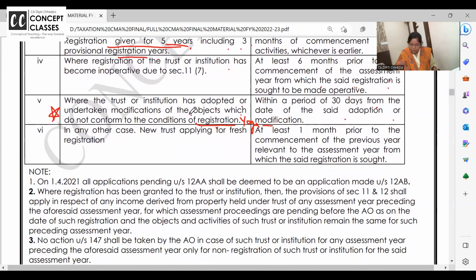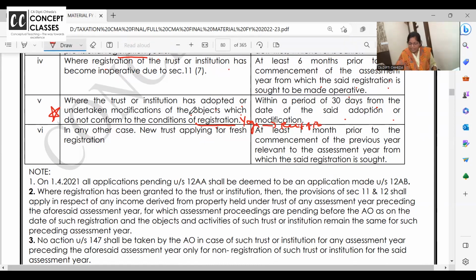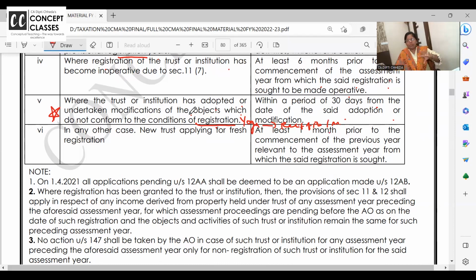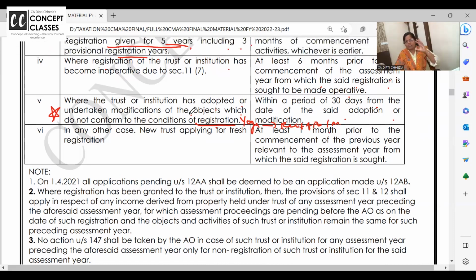But now with this yoga, I want to start with relief of the poor. I want to give them medicines free, medical benefit like that. So if I am doing any modifications in the objects of the trust, which are not matching with the registration, within 30 days from that modification, we need to apply.